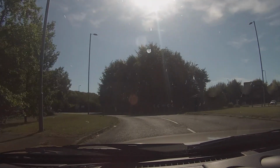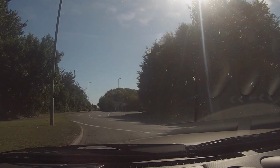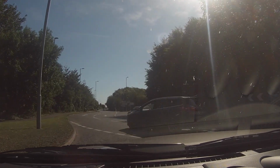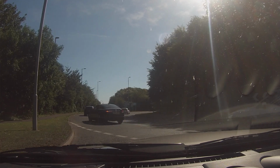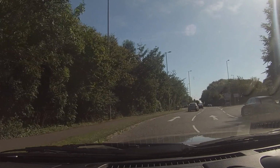Looking now to the right for our gap to emerge. It's not going to be a gap for us this time, so we're going to have to hold and take first gear. 3 mirror sweep just before we move the car, exiting into lane